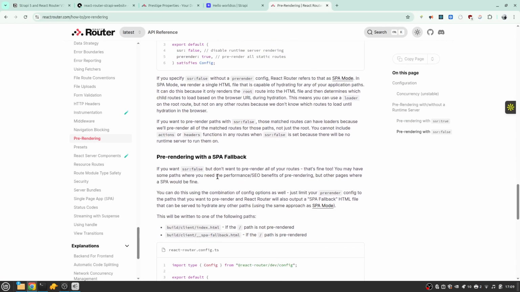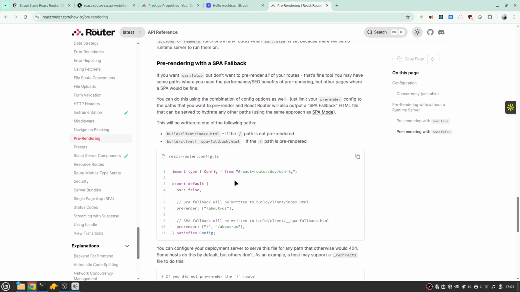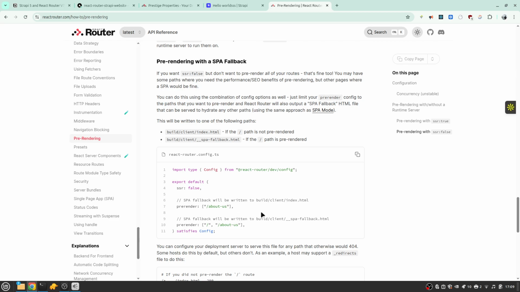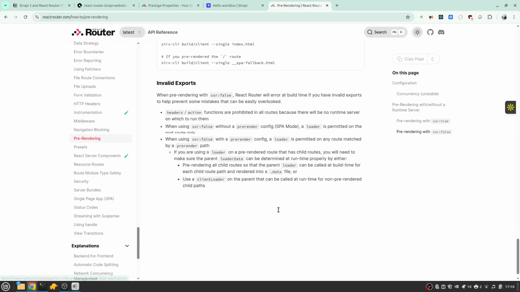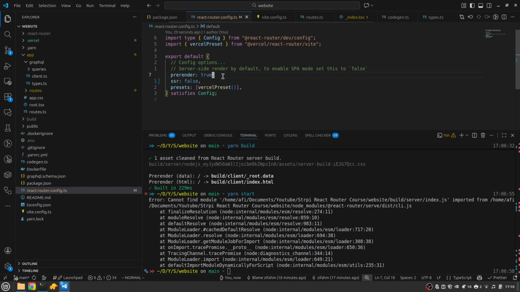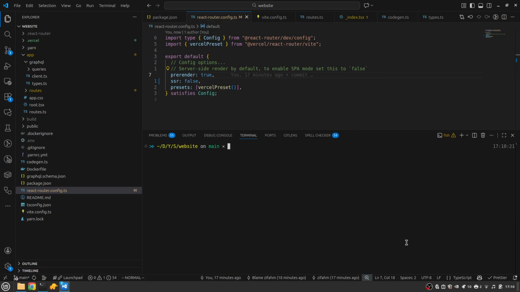Right. And then if you want SSR false but don't want to pre-render all the routes, then that's fine too. We may have some paths. So this is most probably should work